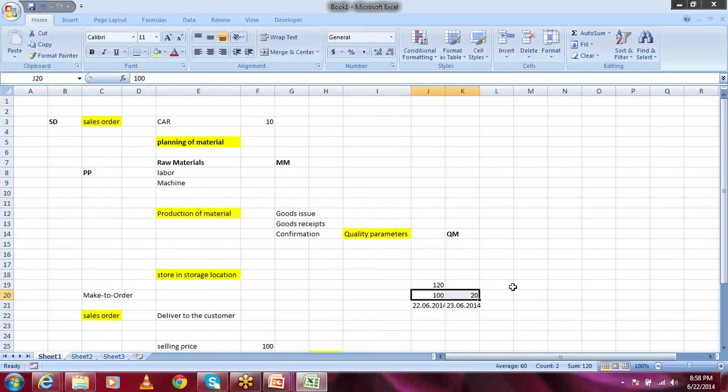What do you mean? Will the capacity planning come after MRP or before MRP? After MRP only. And before MRP, what planning will come? Before MRP, you can do long-term planning or SOP, sales and operation planning. When we do sales and operation planning, what is the input for SOP, and what is the output?